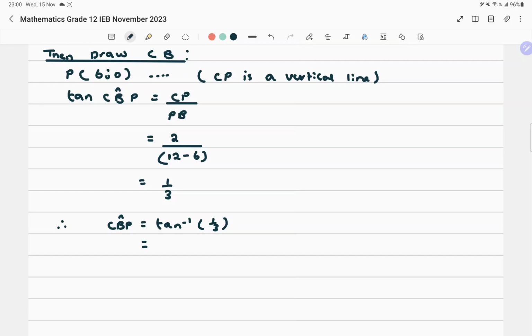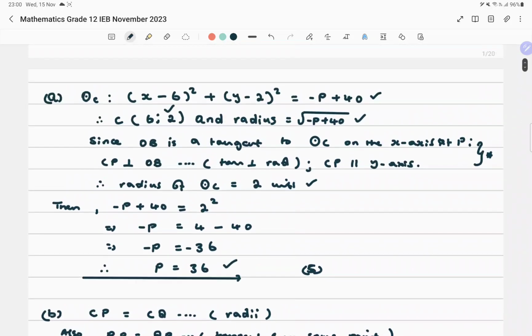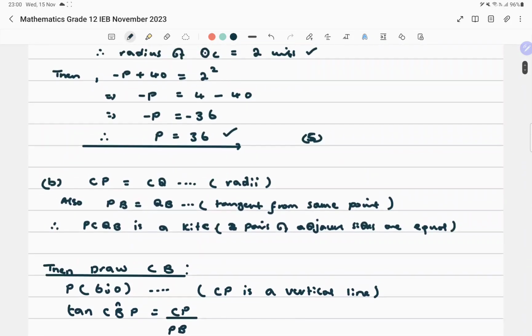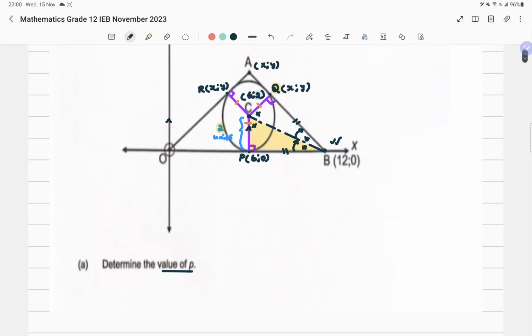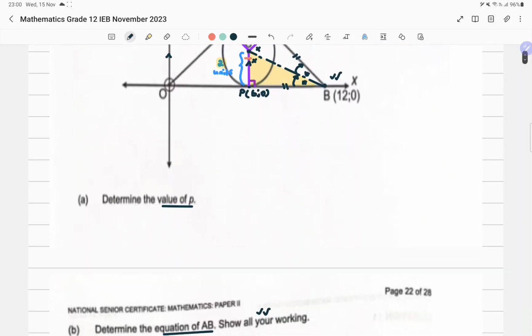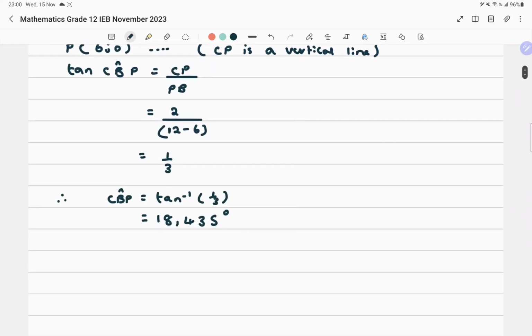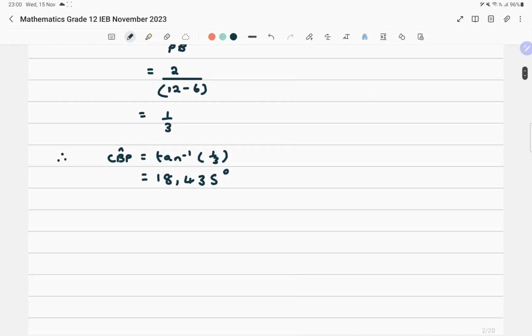So it is 18,435 degrees. Now this is the angle. But can you see, we did not write so much as yet, but yeah, we're going far. So this is what we have. So we've got that angle, but we want the whole angle. So this is going to be a very silly situation, I'm telling you. So we can say here, but